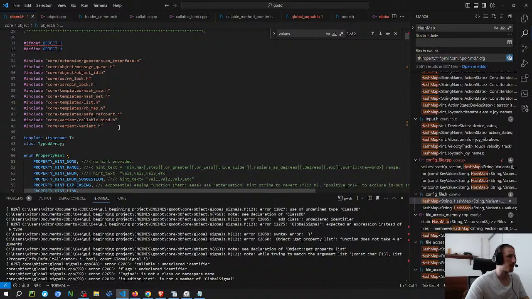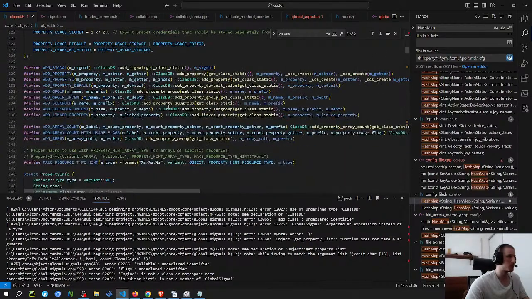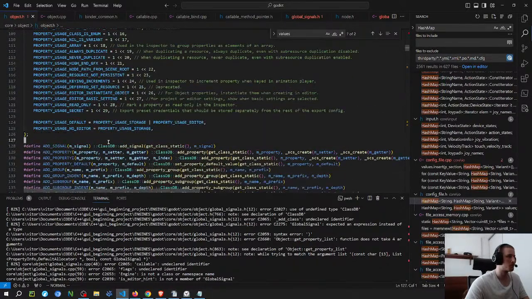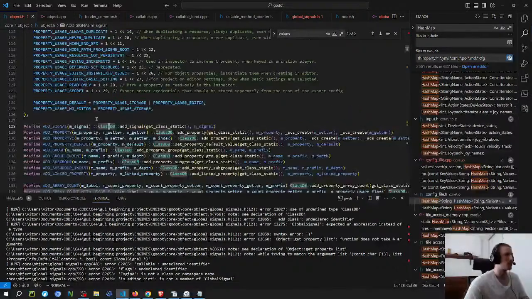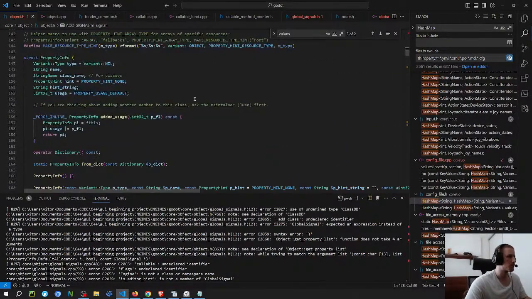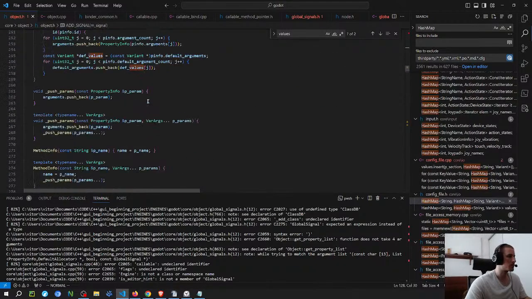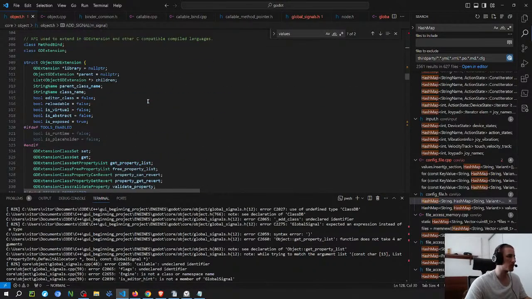So maybe it's one of these header files here. Oh, they are using this thing here, so it should be this, but I think they don't use it because they just copy there. So what's up with that?